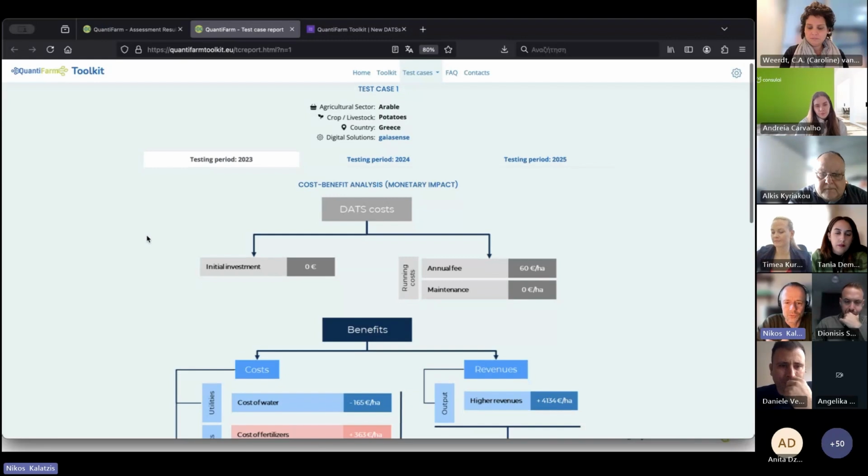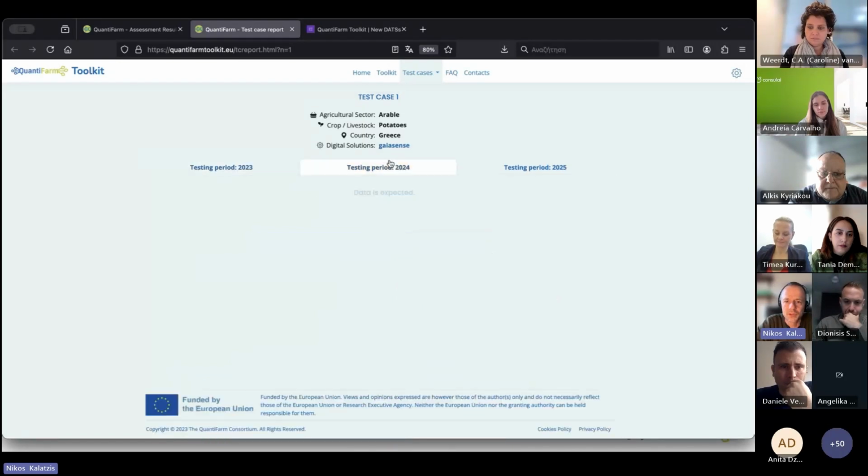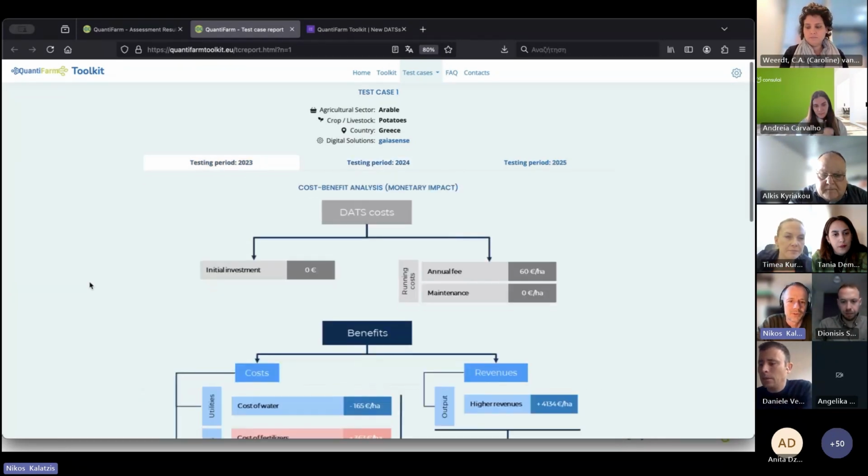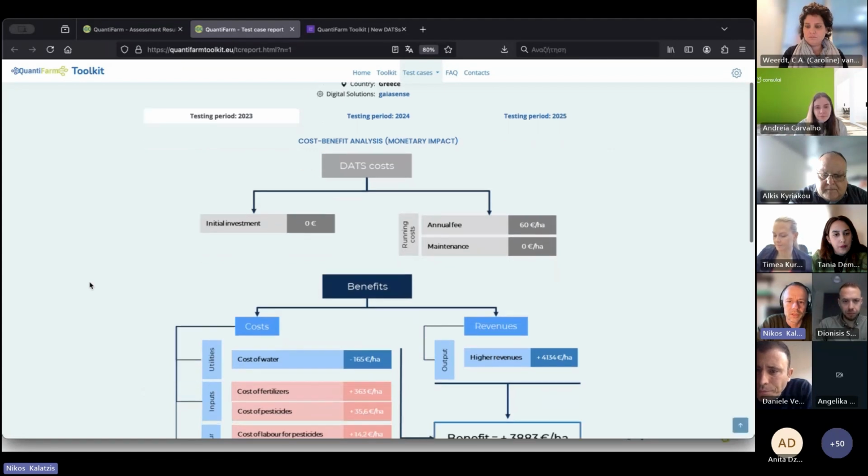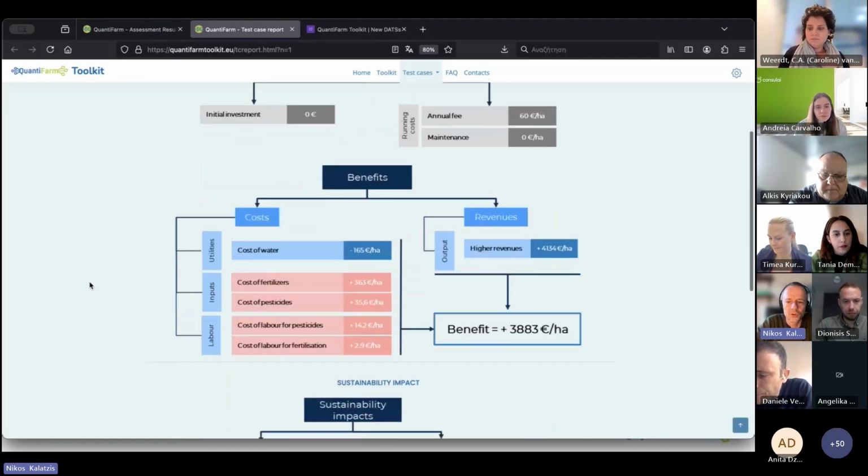as we already said, there are 3 testing periods. We already have data from the first testing period, and we are now in the process of finalizing the outcomes from 2024. This will be soon updated, and then we have 1 more year. For the first testing period, as I said before, you can see the achieved benefits